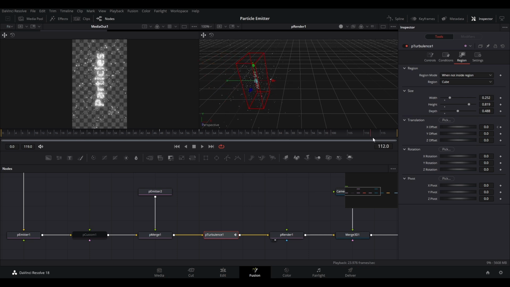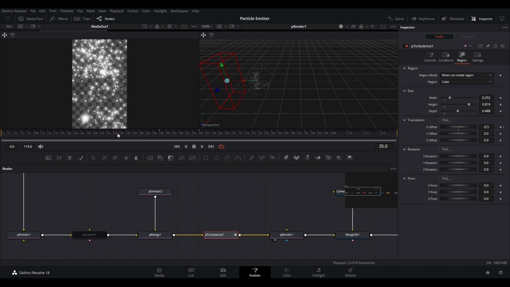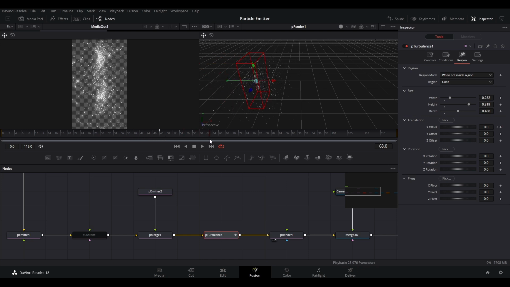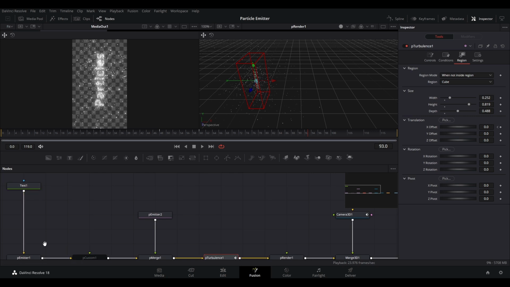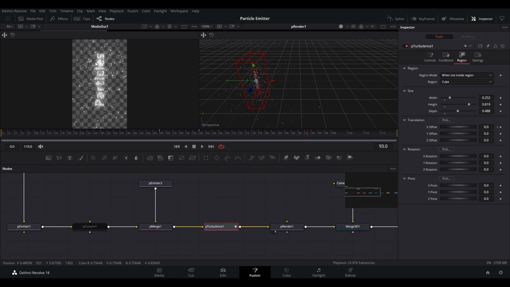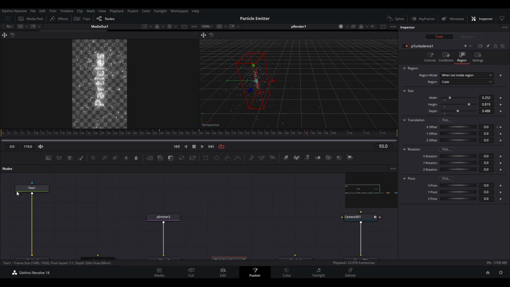That is how you use the turbulence node. At the moment it's applying turbulence to everything, but when the box comes over the top, the turbulence is shut down and it ends up forming the word "particles" because it's based on this text input to this particle emitter. The other emitted particles are not bound by that text, so the particles flow